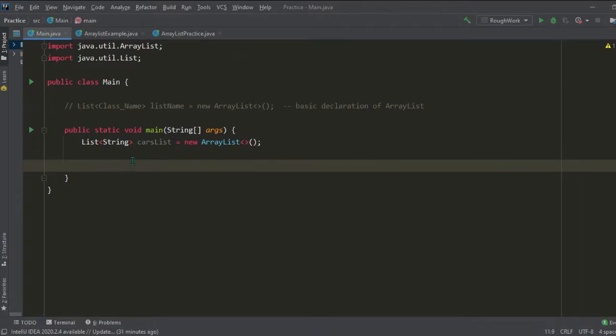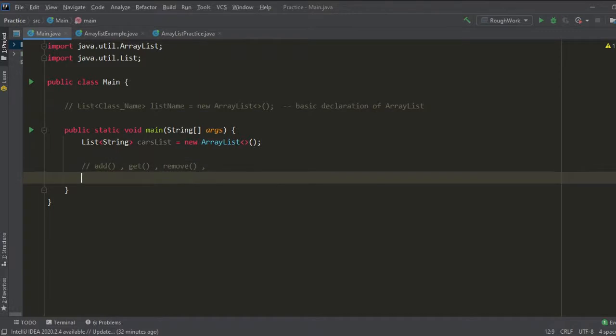So important functions of list are add, to add an element, and get, to get the element. Then we have remove, to remove an element of the list, and there are many more functions. You can see them on javatpoint.com or any other site.